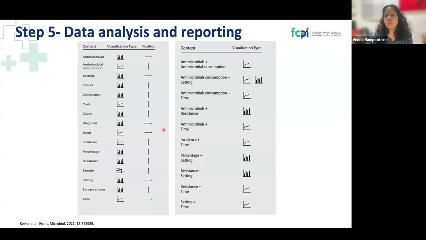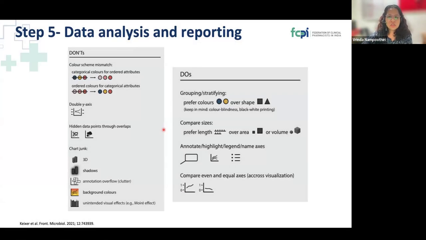And if that data is not adequately conveyed to the clinical teams, then designing the interventions and actually bringing in an impact from this particular finding, you may lose that. So this particular step is very important. Depending on which parameter, which content you are choosing, please select the appropriate chart type or visualization type according to that. And in addition to that, this paper has also given some do's and don'ts